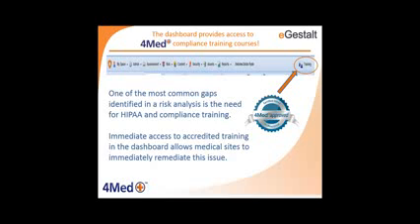We have 2 levels of training. HIPAA requires workforce training for anyone who comes into contact with PHI. So whether you're a business associate or a covered entity, any of your staff members who have access to PHI must have training on an annual basis. But HIPAA also requires a higher level of training for whoever you designate as the security officer, and every organization needs to have a security officer. So we also offer a higher level of training for that security officer so that they can understand their role and their obligations.